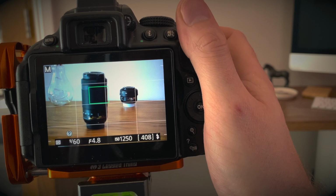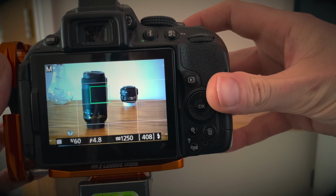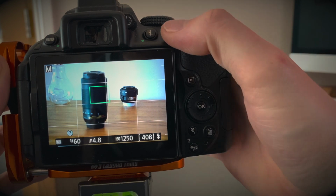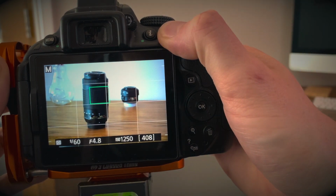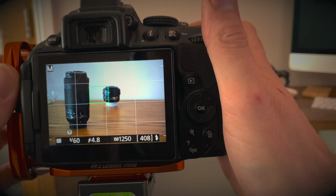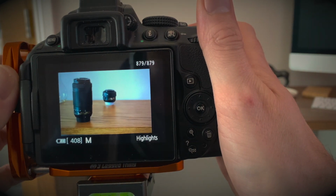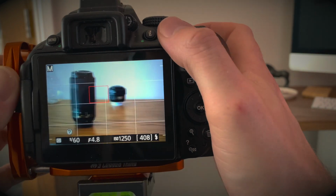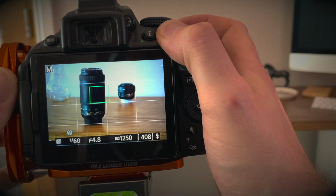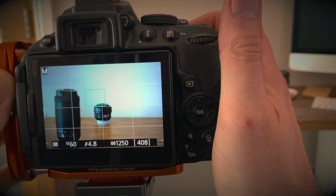So this camera is now set up with back button focusing. So as you can see, I can press the shutter release and it doesn't focus at all. If I press the back button, it will focus in on the subject, which makes me able to recompose the shot, take the picture. So that's in focus, focus with the back button on the back, focus again. And as you can see,